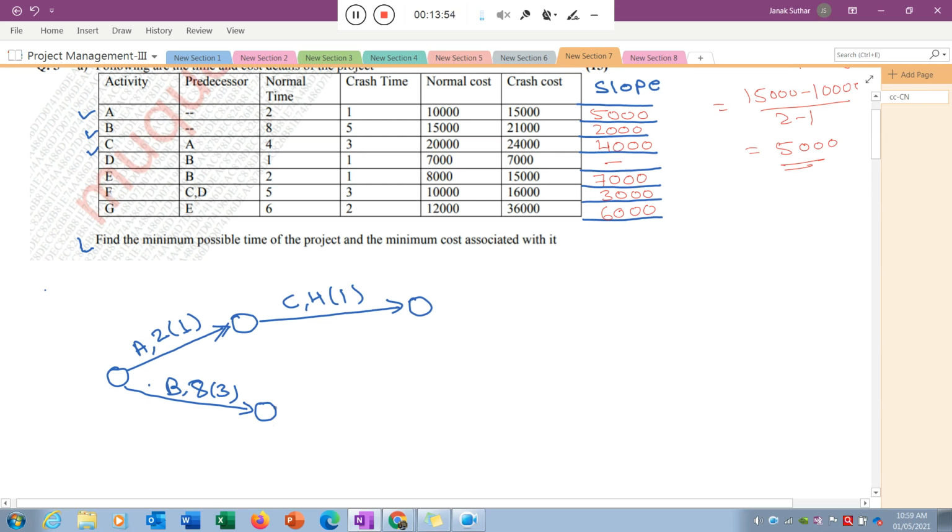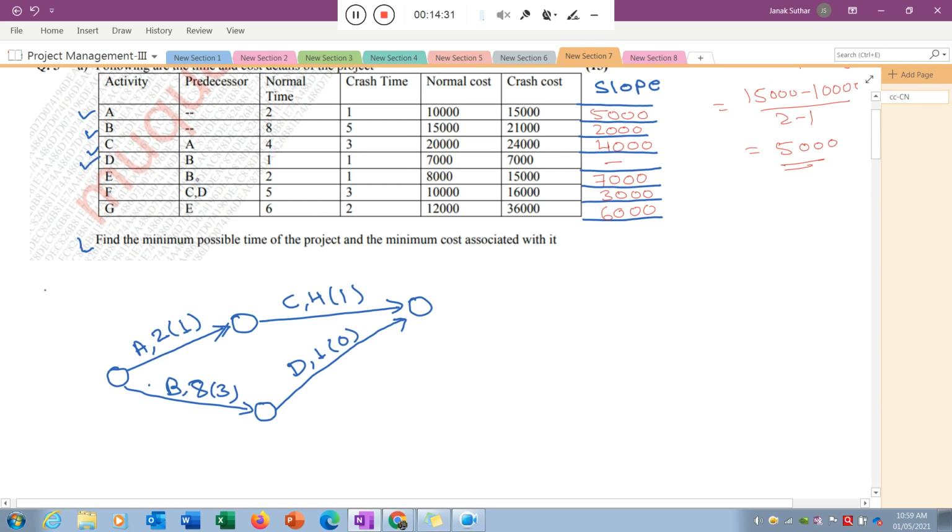So I just start. B is completed here, I can start activity D here. This is the start and this is the end. Now for activity D, what is the normal time? That is 1. So just write down 1 as the normal time. And how much can I reduce this particular time? There is no crashing possible, because 1 minus 1 is equal to 0. So there is no possibility of reduction in this activity. Now D is completed. Now the next activity is E.